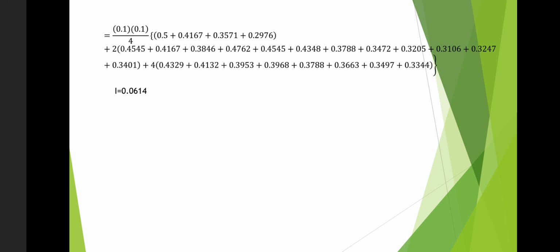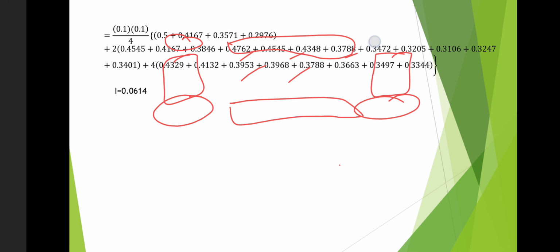The interior values which lie inside the grid are added together and multiplied by 4, since each interior point contributes to 4 surrounding subrectangles. After substituting all these weighted sums into the formula and performing the calculations, we obtain I equal to